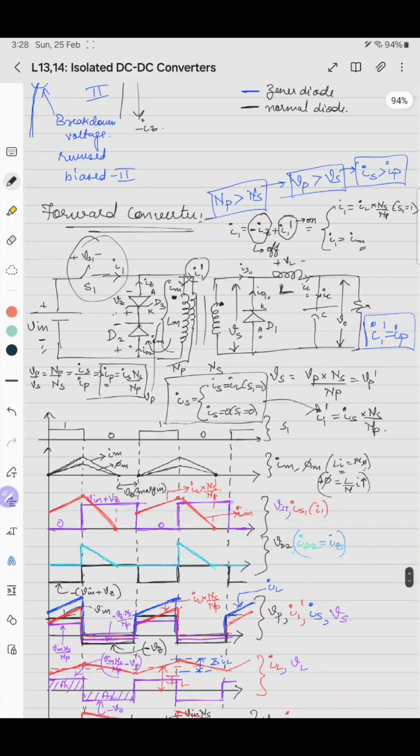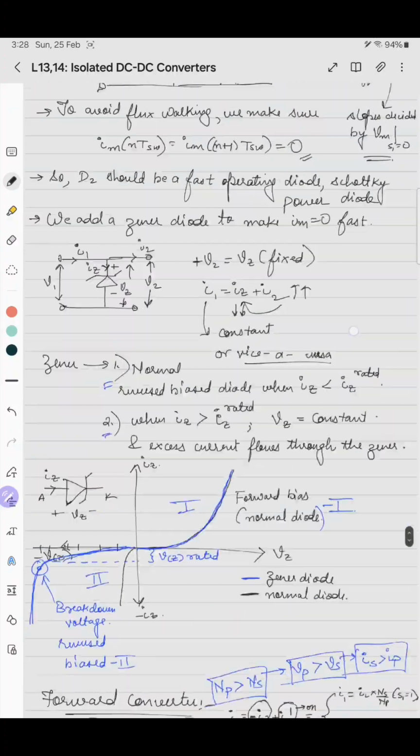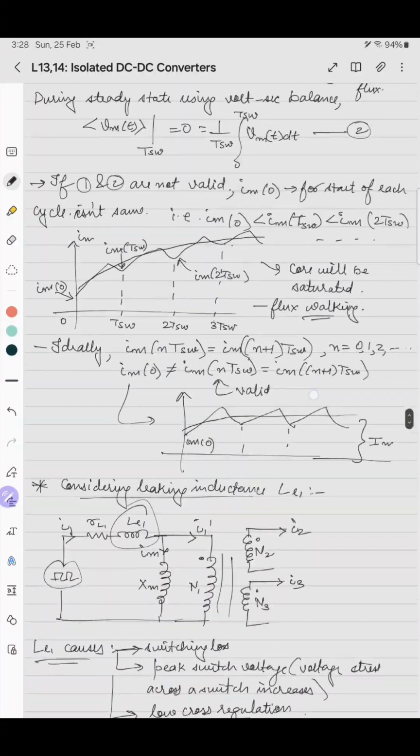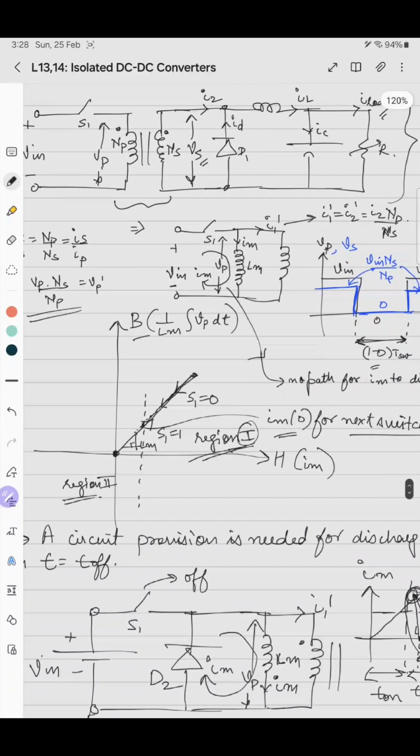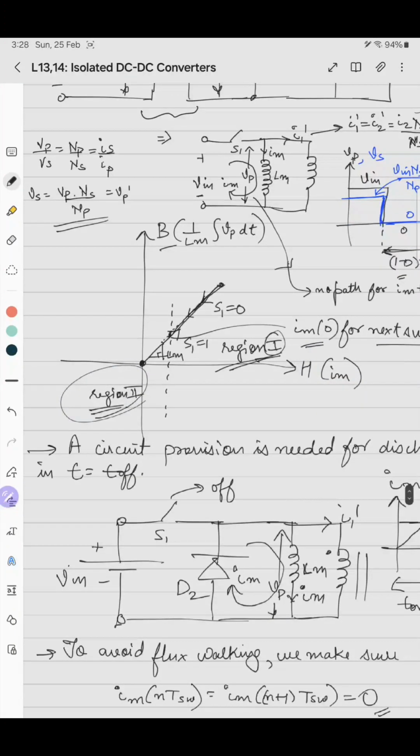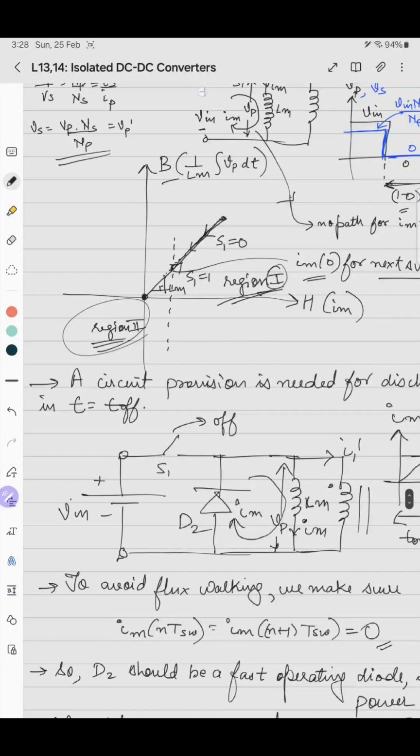This converter is called a forward converter because it operates only in region 1, or in only one quadrant of the BH curve. This is the BH curve. The push-pull converter will operate in region 1 as well as region 2. This will result in better utilization of the transformer core and thus enhance the efficiency of the converter. It will also enable the power converter to operate at a higher power level